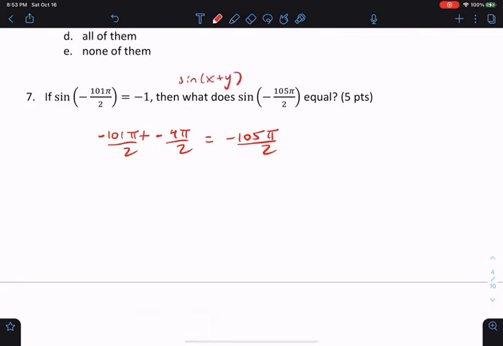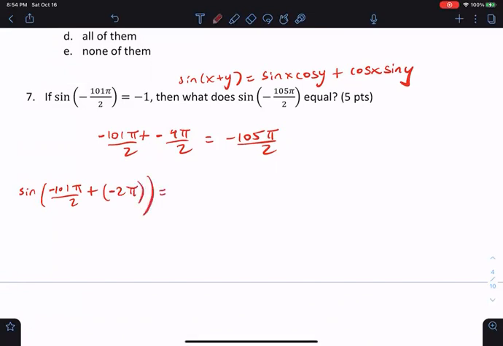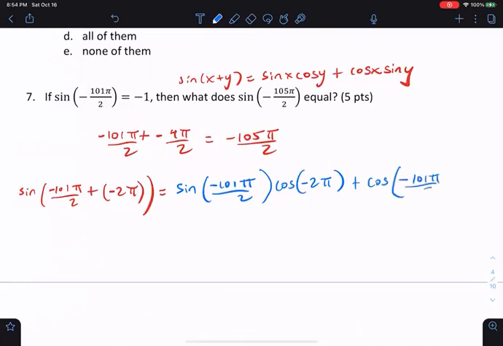Sine of x plus y equals sine x cosine y plus cosine x sine y. You should know how to do that. Now just plug into the formula. Sine of negative 101 pi over 2 plus negative 4 pi over 2, which is the same as negative 2 pi. That's going to be sine of negative 101 pi over 2, then cosine of negative 2 pi, plus cosine of negative 101 pi over 2,